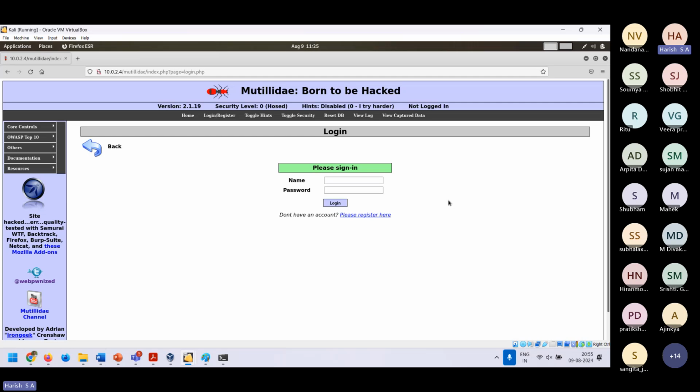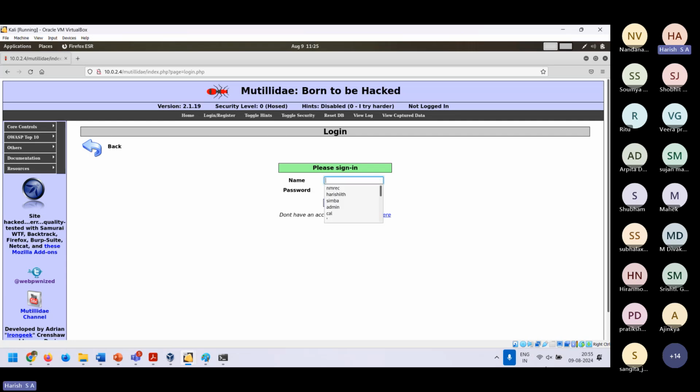So this is a username, login, and sign up page. Now I know that this login page, this username and password page, is vulnerable. I know because that's how Metasploitable 2 has created the application.